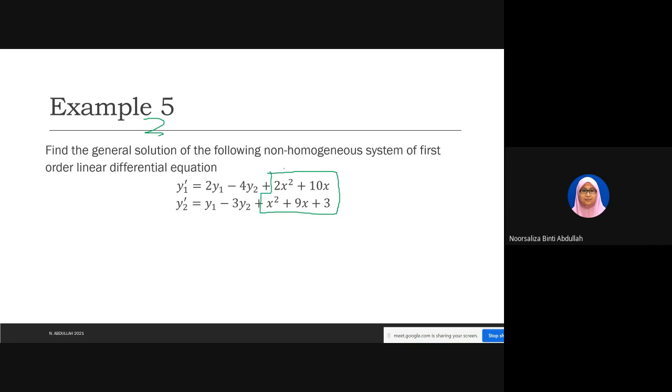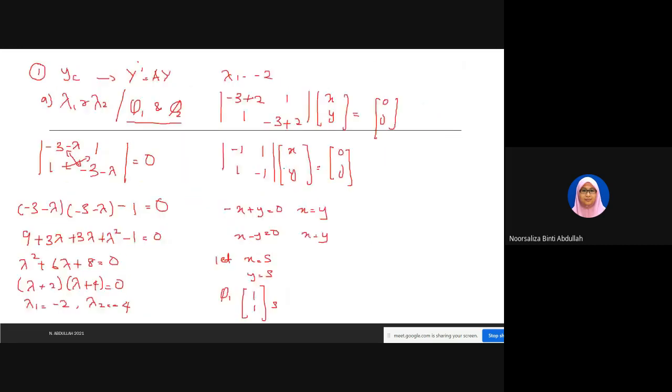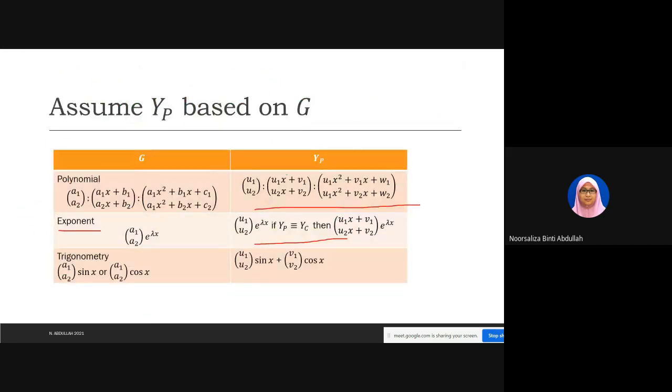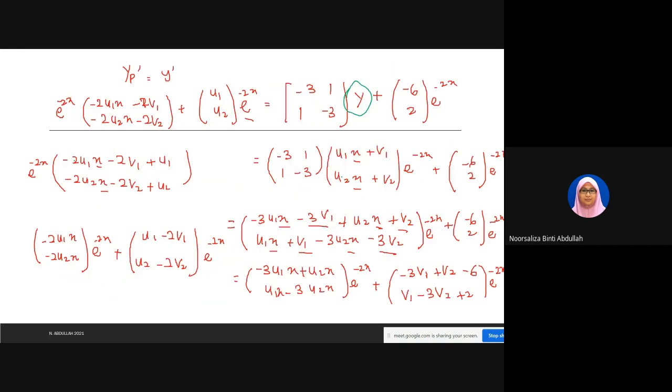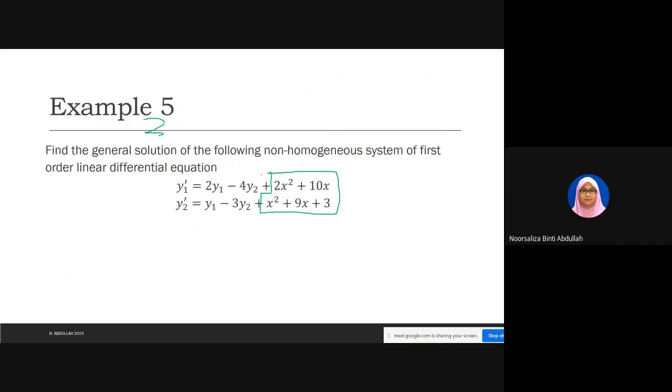Okay. So G polynomial, then your YP you have to assume. Okay. So this is your YP. Your YP will be like this. If your polynomial is A1 and A2 without X, then your YP will be U1 and U2. If your polynomial is A1X plus B1, A2X plus B2, then this will be your YP. Kalau you ada X square, then your YP also ada X square. Okay, kalau you tengok dekat sini, you have X square. Then your YP will be,